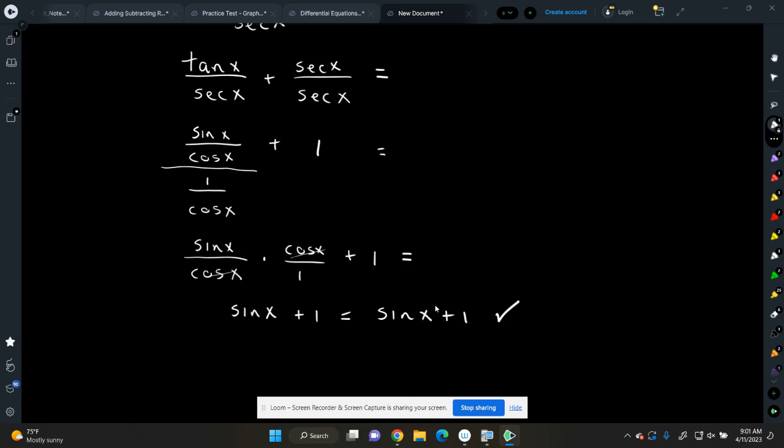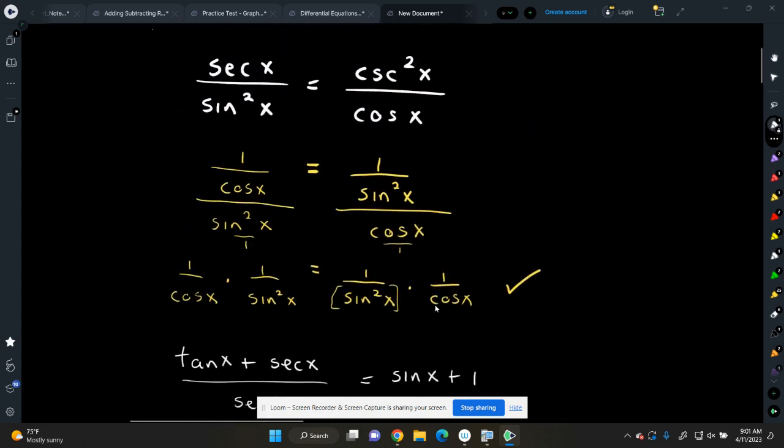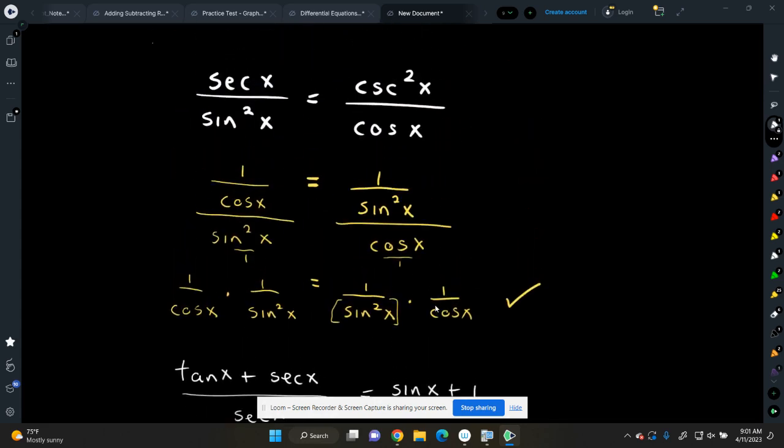Usually, you want to get whatever you have down to sines and cosines. Okay, so for homework, you're going to do the remaining 3. Remember, start with one side and try to just work with one side. Sometimes you have to go and do both sides, but try just using one side to start with.